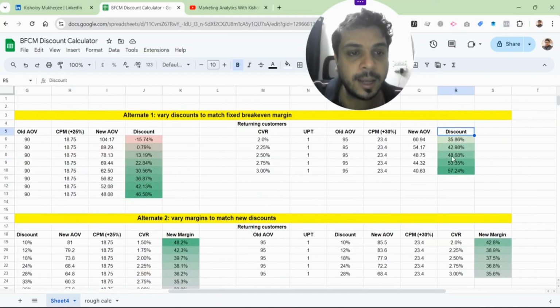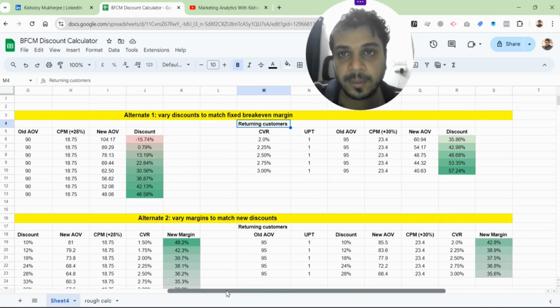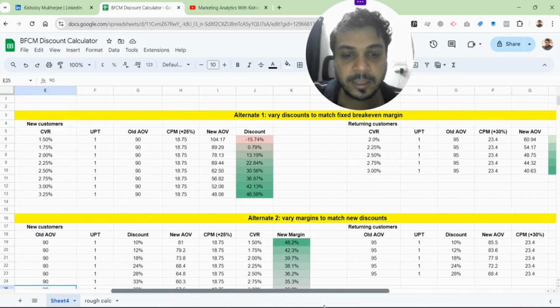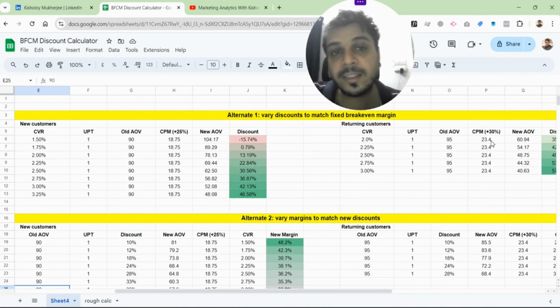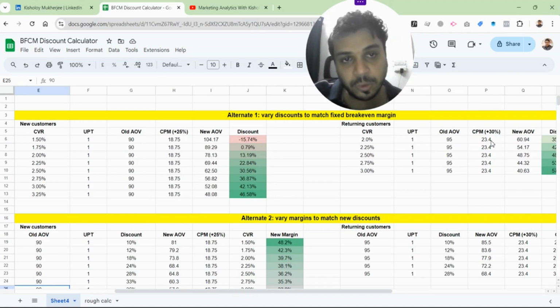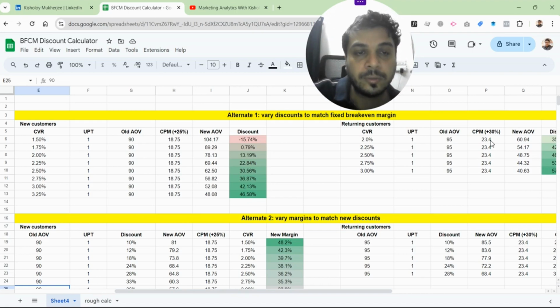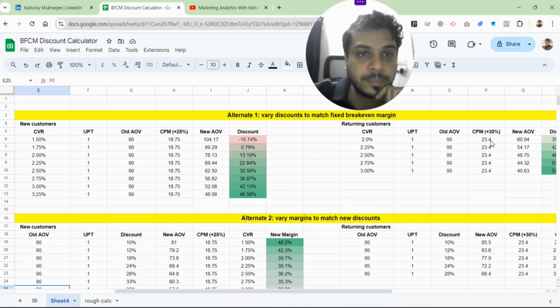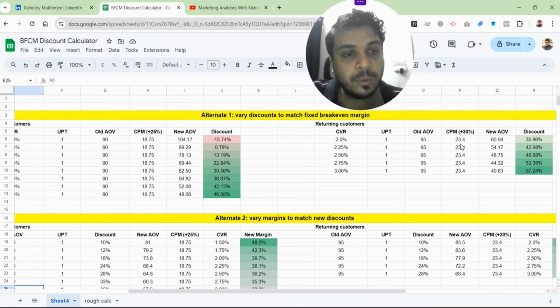discounts, right? And in this case, what we find is that the CPM has increased to 23.4, because for returning customers, we just mentioned that the CPM is likely to be higher. We already had taken that. It started from 18 as the baseline, but we also think that it's going to rise higher. And again, this is something that we have seen. This is anecdotal, but at the same time, it's based on a lot of experience with a lot of cases where we have seen that the CPM rises more in the case of returning customers. Okay, so that's why the older CPM of 18 has now become 23.4,